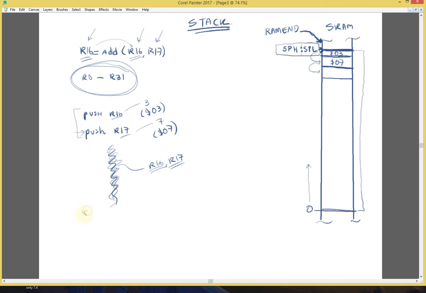So I'm going to need 2 pops to restore 16 and 17, but I have to do it in the reverse order because my pointer here, this is for R16, this was for R17, and my pointer is now sitting in here. When I use pop, the pointer is going to go backwards, back up, in reverse order. So therefore I have to restore this guy first. So I pop